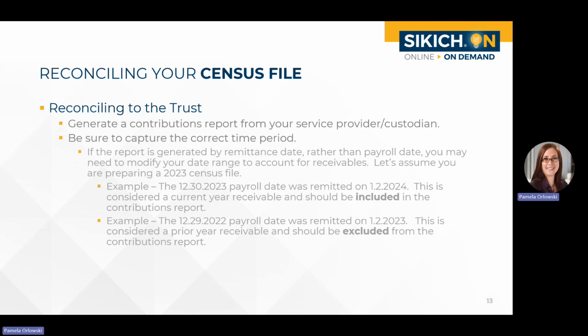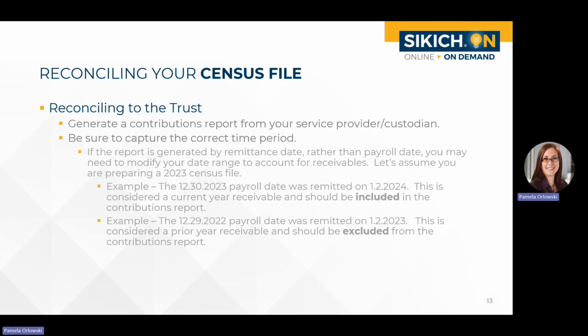What you want to make sure when you run that report is that you captured all of the payroll dates during the year. So you want to watch for nuances, such as Fidelity doesn't track the payroll date in their contributions report. It's purely by remittance date. So you may need to modify your date range to capture all of the relevant payrolls. So for example, if that report is by remittance date and that last payroll of 2023 was not remitted until 2024, and your plan year ends 12/31/2023, you're going to want to expand that report date out a little bit